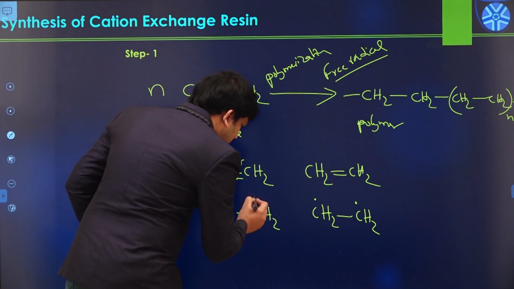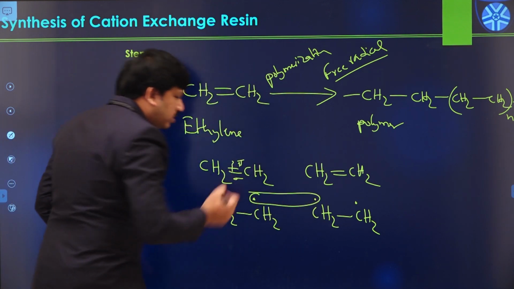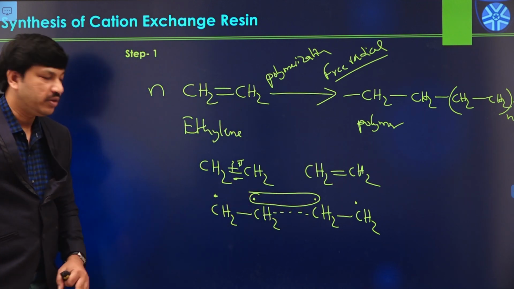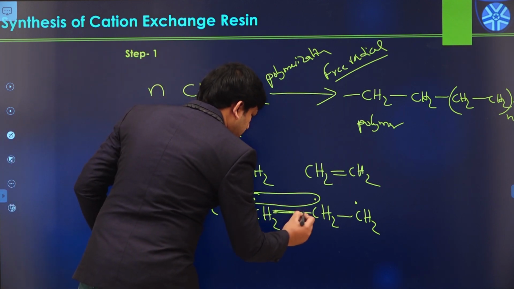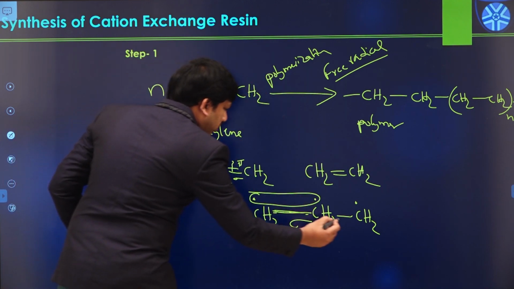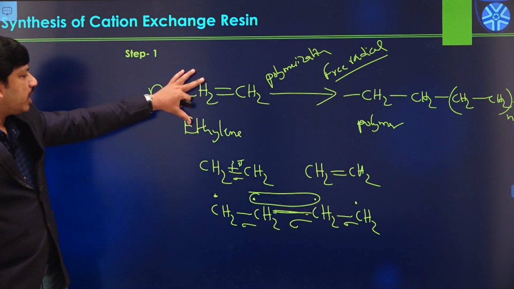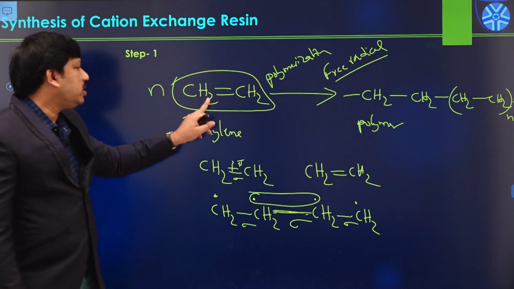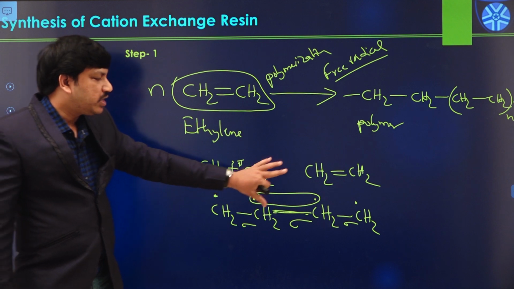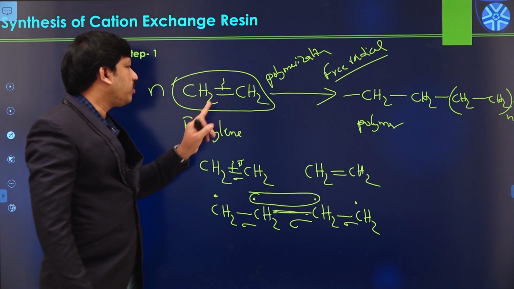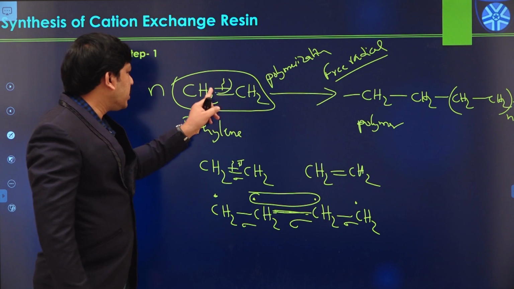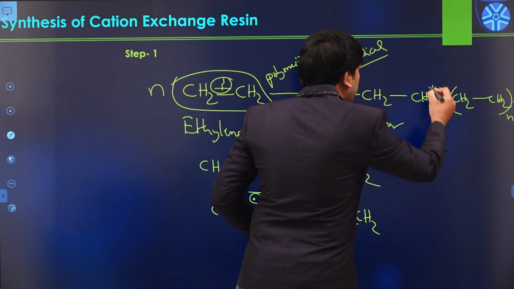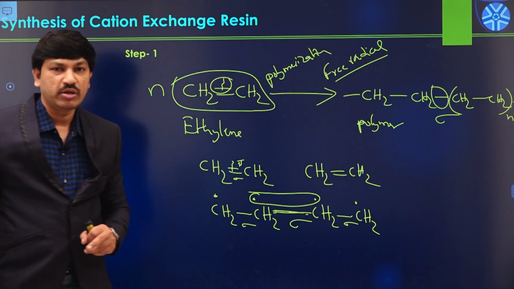So now this electron and this electron combine with each other and form a new bond between them. Now this is actually a new sigma bond. This becomes a new sigma bond, and these are sigma bonds, these are also sigma bonds. So like this, in case of ethylene polymerization process, the monomer contains a CH2 double bond CH2 group. Whenever there is a polymerization process, there is a cleavage of one of the pi bonds like this, and that pi bond is converted into a new sigma bond, a new sigma bond between the two different monomers like this.